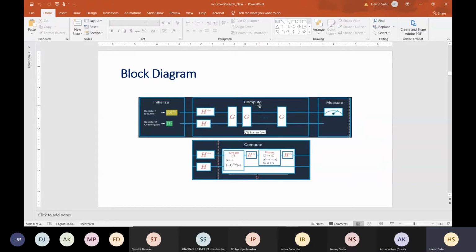Other components will remain the same for all Grover implementations. This compute is the Grover operator, which consists of these two things, and also these two things. Only this Oracle has the f(x) implementation here. So only this thing will change. Other components will remain the same.